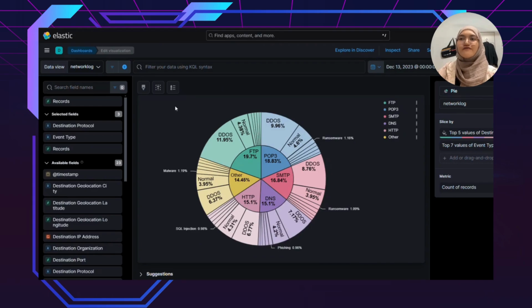Pie chart for event severity and event types. This pie chart provides a visual breakdown of event types distributed across severity levels. Each slice of the pie represents a combination of event type and severity, such as high severity DDoS events or medium severity SQL injection. This visualization makes it easier for us to quickly assess the proportion of critical events and